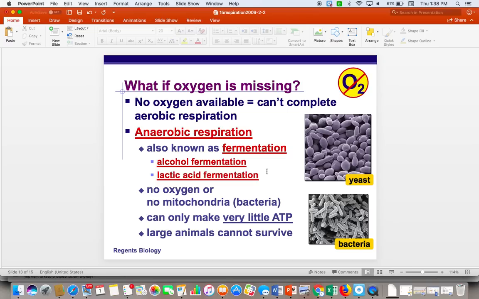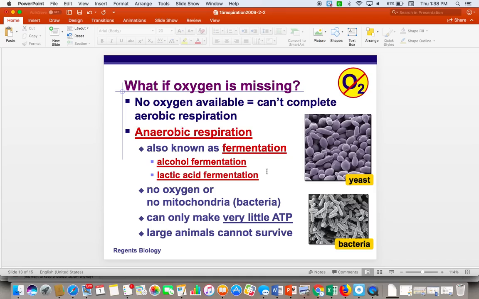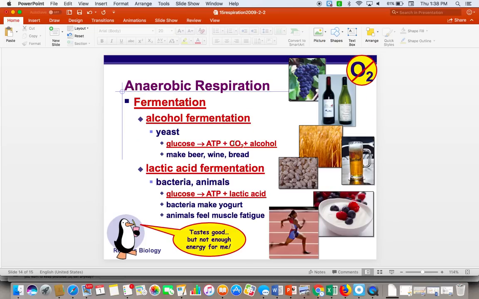So think about what we said on the slide before, how muscle cells need 10 million ATPs per second. Fermentation gets you nothing pretty much, but 2. So just a little teeny tiny amount. So with fermentation, yeast, what they did in our lab, they took all that sugar and they converted it into ATP, carbon dioxide, and alcohol. Carbon dioxide was what blew our balloon up. And so, of course, this is how they make alcoholic beverages like beer and wine, stuff like that. And then it's how we also make bread. Our cells are going to do lactic acid fermentation, and it's going to convert all the glucose into lactic acid. Technically, it's converting the pyruvate into lactic acid, and this is how they make yogurt too.